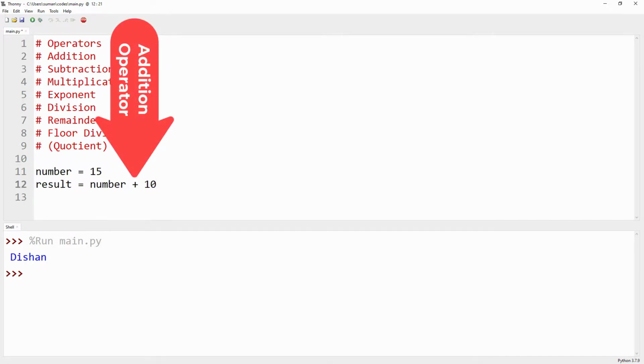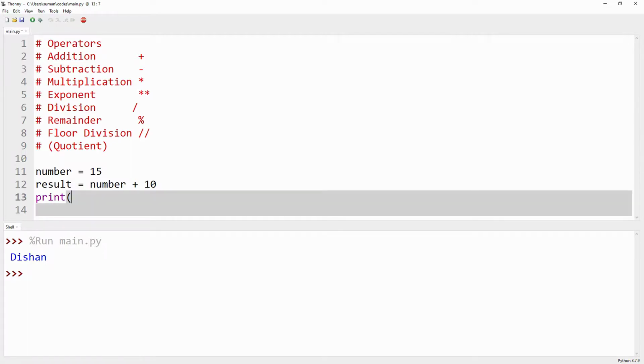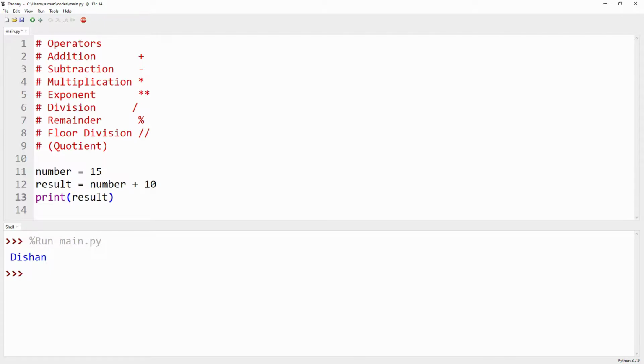Check here, we have used the plus sign for the addition operator. Then for output we use the print function, and obviously for the result variable. Let's check what is happening with the code.